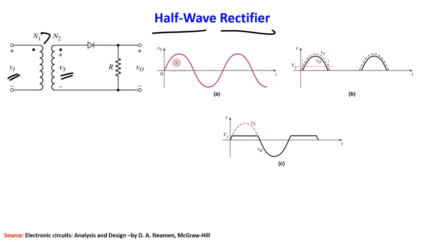Okay. And if Vs is an AC and sinusoidal signal with an amplitude of, suppose, this, how much? Vm. So this is the amplitude, with an amplitude of this Vm, right? And it's a periodic signal. So what will happen? What do you expect at V output? Rectified output. Yes, that is true.